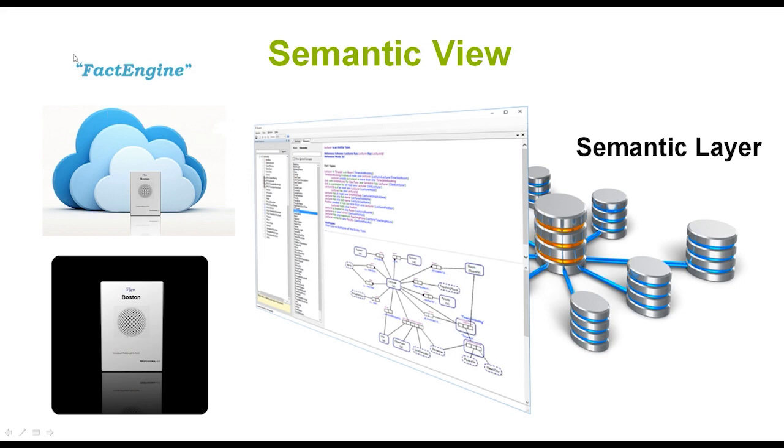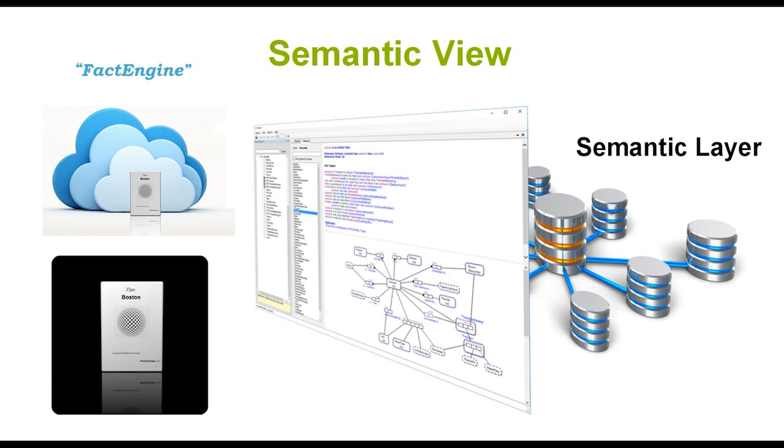FactEngine, the query engine, lets you do controlled natural language business intelligence queries or natural language business intelligence queries over the web or via an intranet or extranet or desktop-based search, and Boston lets you have user-based permissions over who has access to which schemas and which data